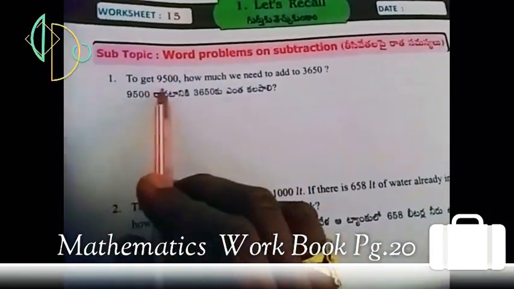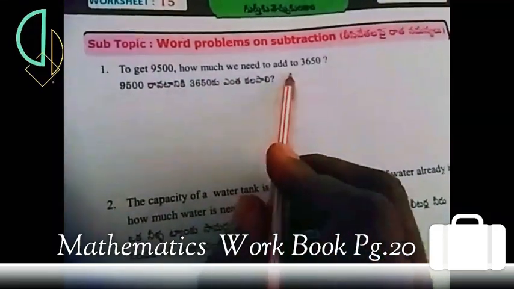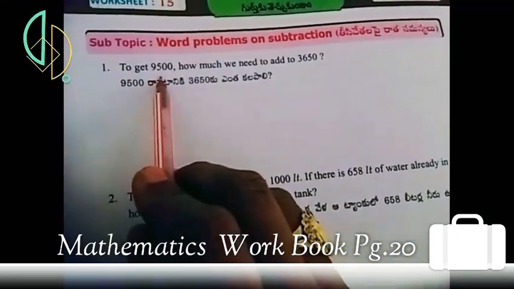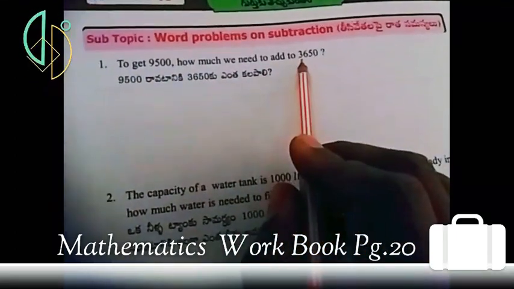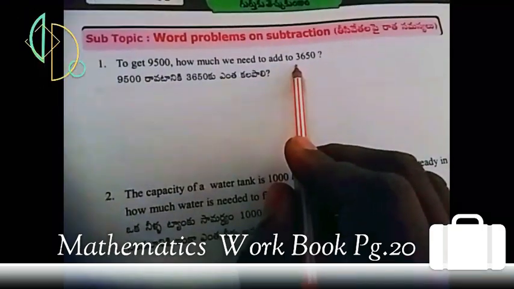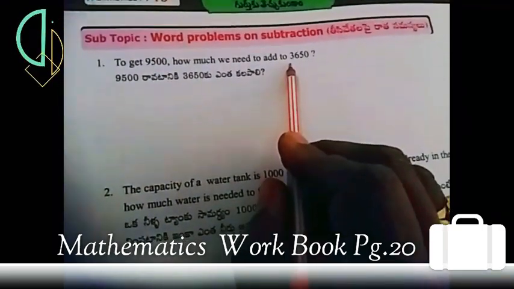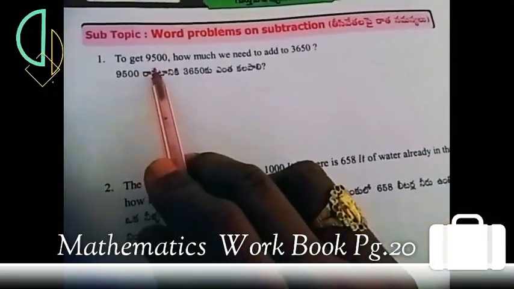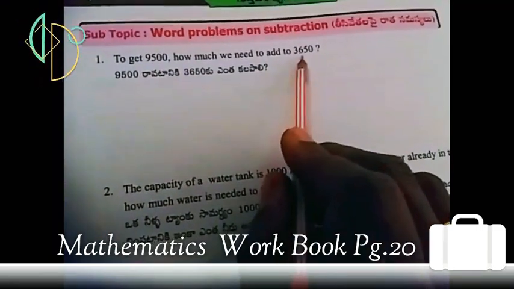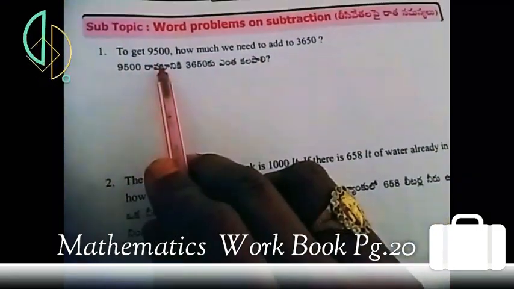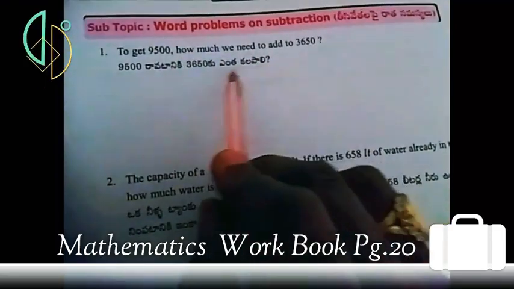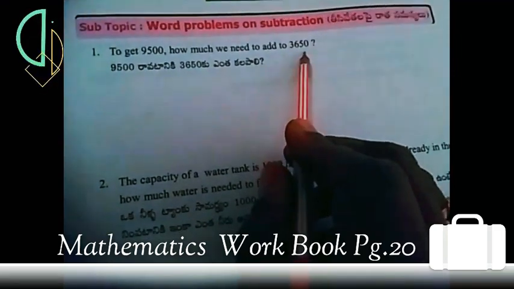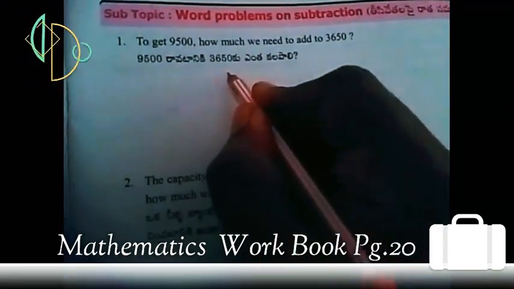First problem: to get 9500, how much do we need to add to 3650? To get 9500, we should add some number, which is the number we should find out. So to get that number, we should subtract 3650 from 9500. By doing subtraction, we get the number to add to 3650. So firstly, we should subtract